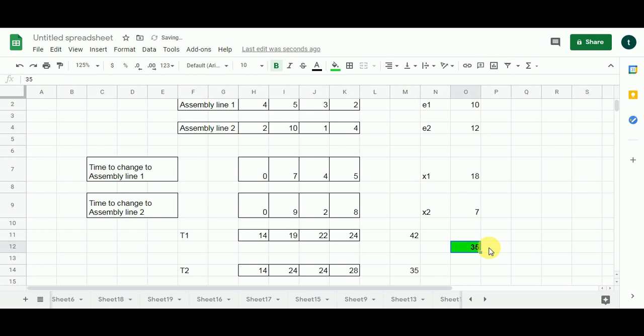That means 35 is the minimum time it is going to take to build a car chassis when we have these two assembly lines. Alright, and we know that the chassis is coming out of T2, and this problem can be extended to find out the path the chassis has taken between the two assembly lines from entering the assembly line and exiting the assembly line. But this 35 gives us the answer. Now let's see its algorithm.